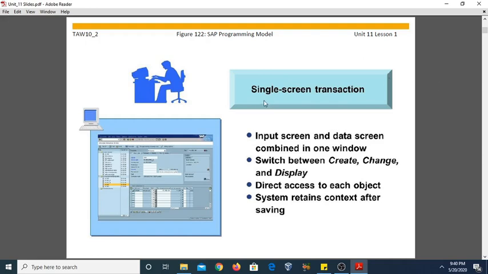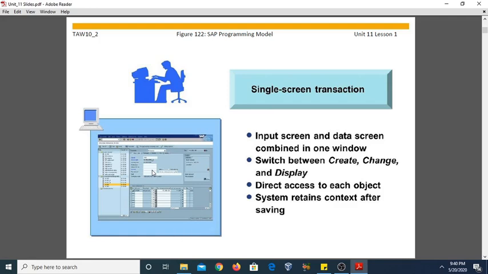That means you can see in this figure there is an output screen in which we have a number of sub windows. One window this one, second one this one, and third one this one. By clicking on a particular item, the screen will display the related data corresponding to this item on the right hand side. When you click or save the particular item, it will display just right below this screen. So we are using here a single transaction in which a number of screens are nested and being used.